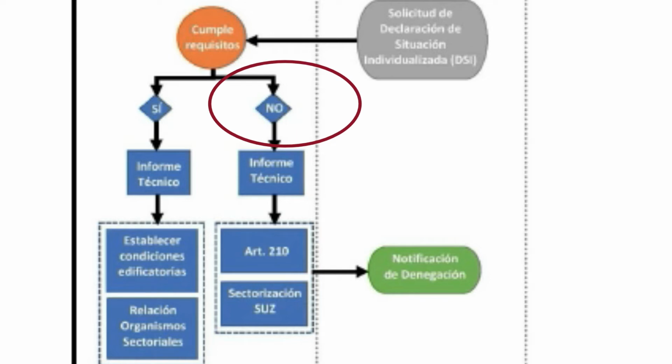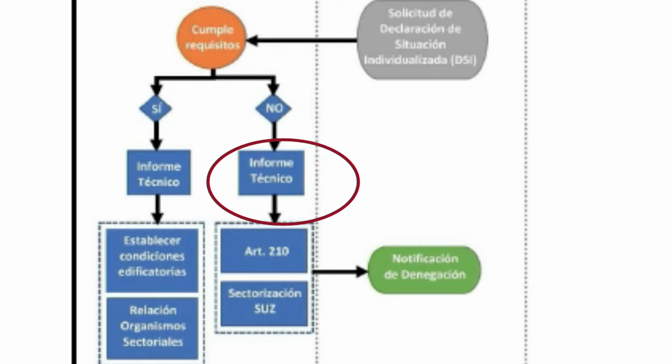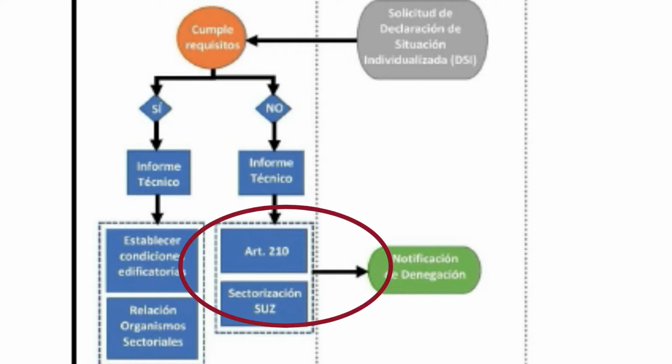Goes down to you need a report just to justify why the application has been rejected, okay, and then it just refers you to a certain article within the law which establishes this type of license, Article 210 of the LOTUP, which is the law, the body of law which governs what happens in terms of development in Valencia, the community of Valencia, and also to SUZ, which is actually for a type of land called urbanizable, okay, which the license for impact minimization is only applicable